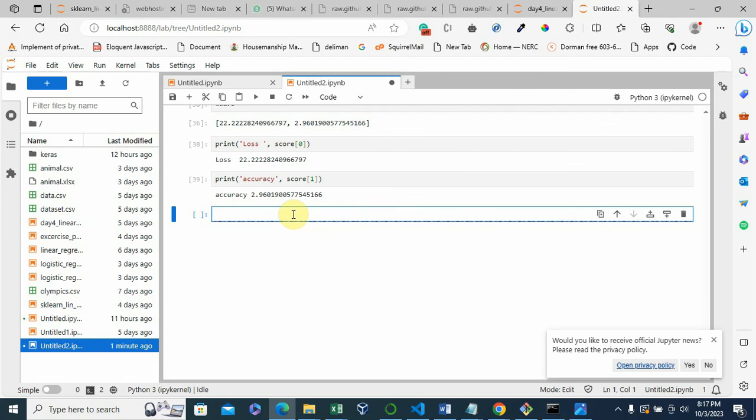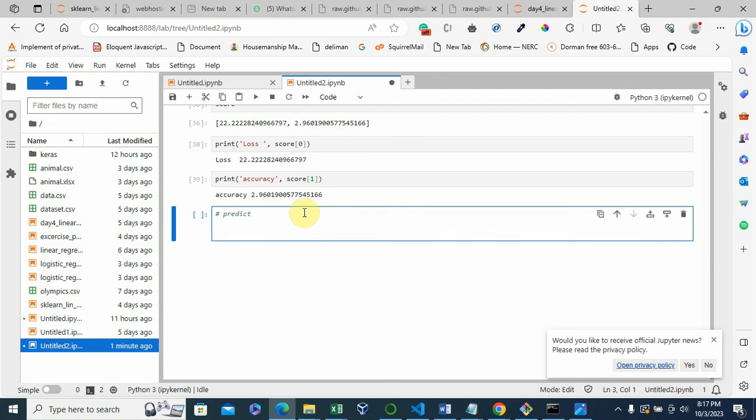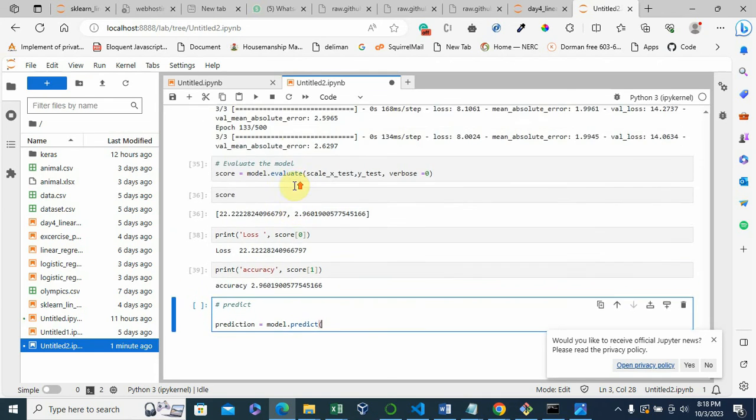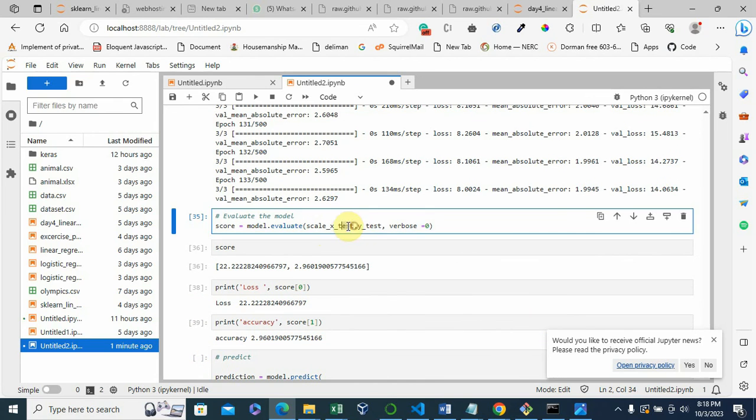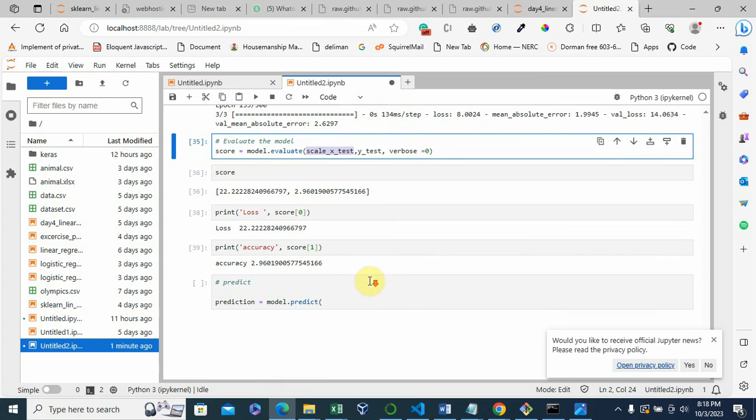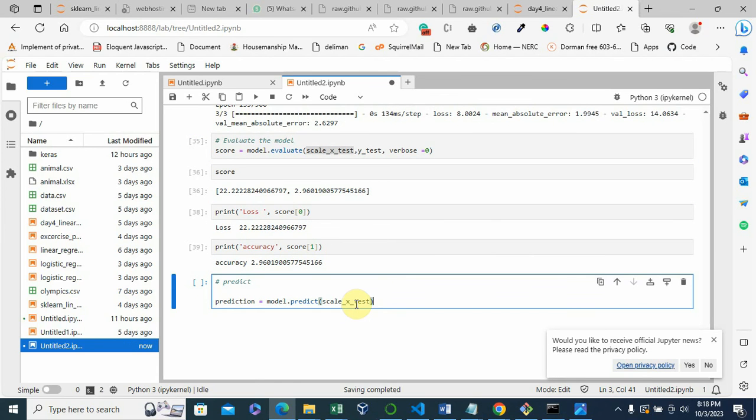So let's predict with this: model.predict on the scaled x_test, and then you get the output.